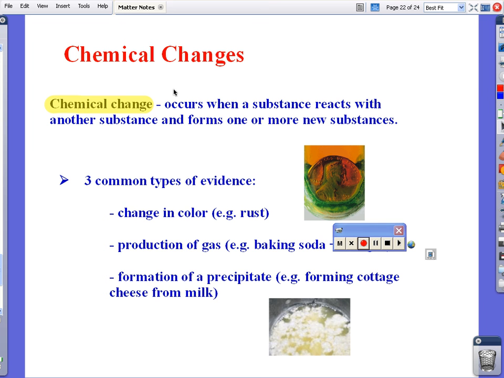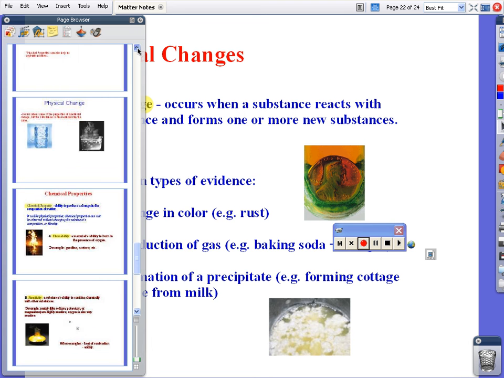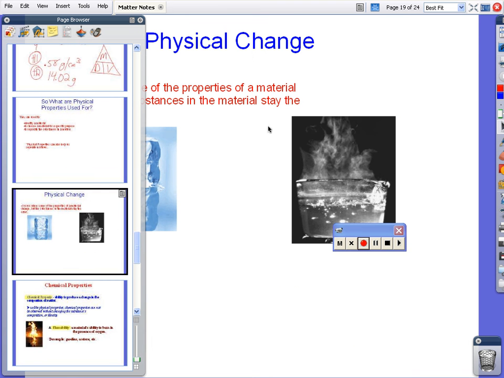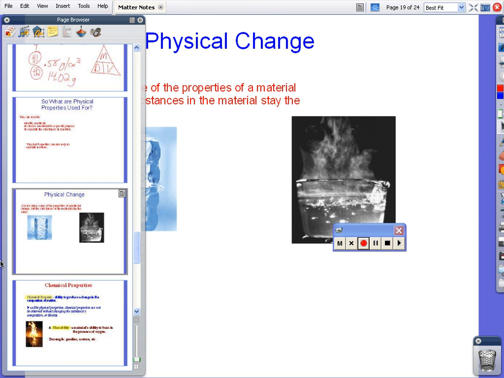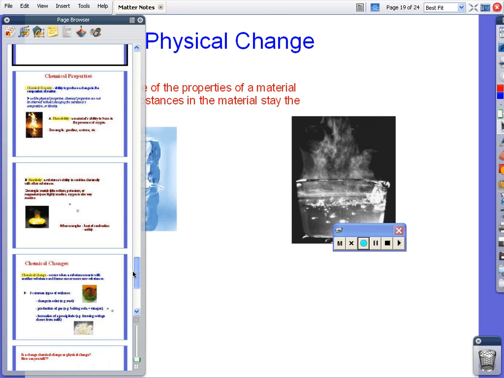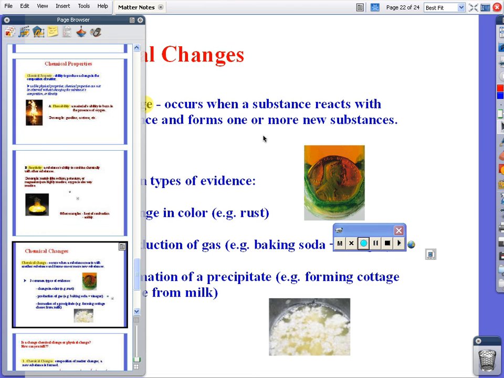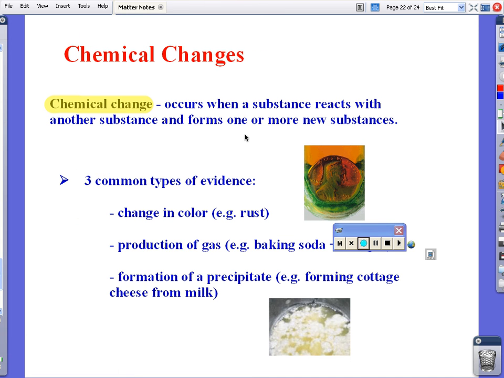Chemical change occurs, and it's a little bit different than physical change. Remember back to physical change, you have the water and the ice turning from ice to water and water back to ice, and it's chemically the same exact thing. So it just changes shape physically. It changes, so it looks different. That's just the easiest way to think about it. Chemical changes occur when things react and a new substance is formed. Typically characterized by